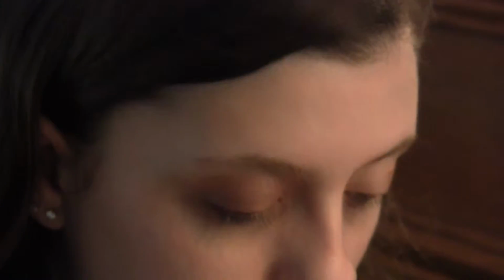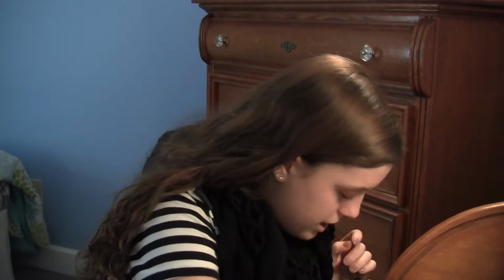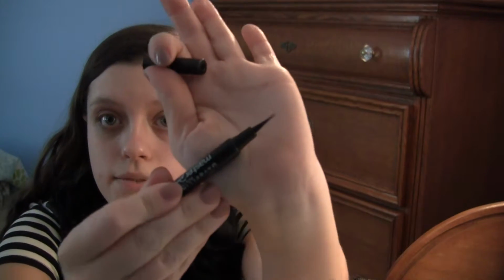And I feel like that is pretty good for the eyeshadow. You can deepen it up a little bit, but also I feel like another signature part of her look in this video is the eyeliner. So I'm just going to do that to the other eye once I'm finished, but I'm going to move on to eyeliner, and I'm going to take this Maybelline Master Precise by Eye Studio black liquid eyeliner, and it just has this felt tip. It's super easy to apply, and all I'm going to do is line my upper lash